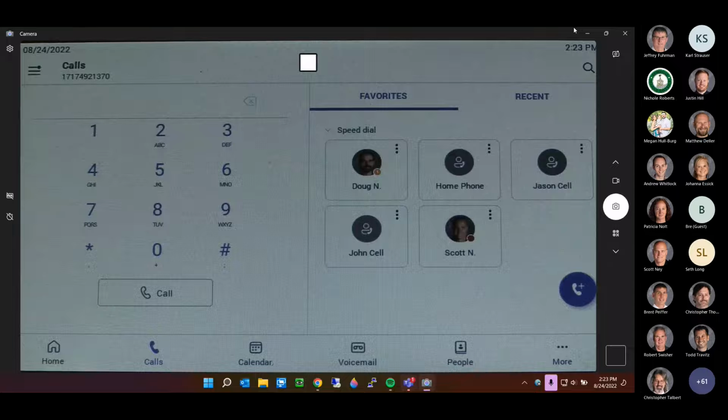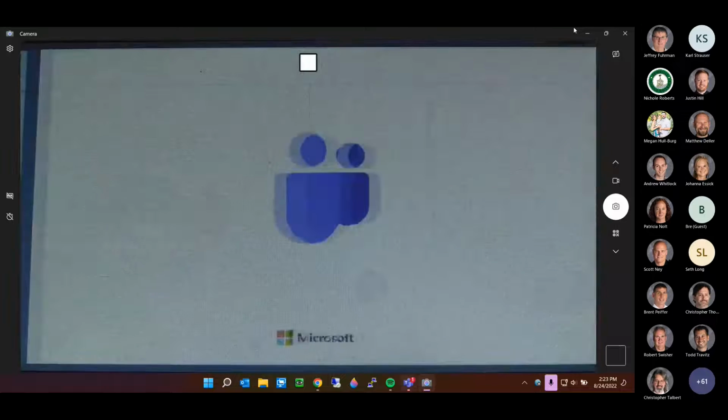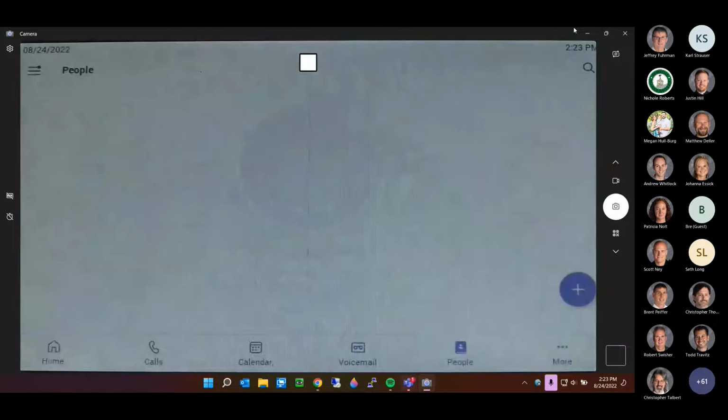So if you're trying to get to people or you don't care about the calendar, you can reorder that so the calendar is now not showing, any way you would like to do that. But people, I'm going to show you that real quick. If you go under people,